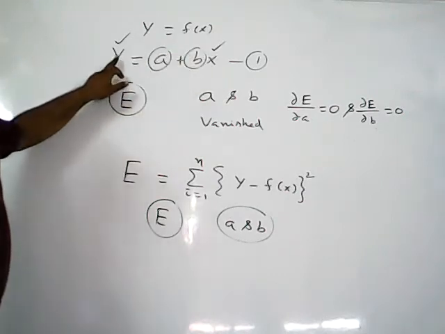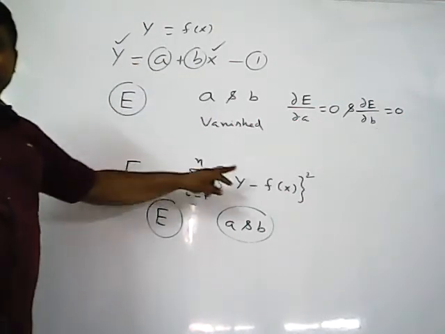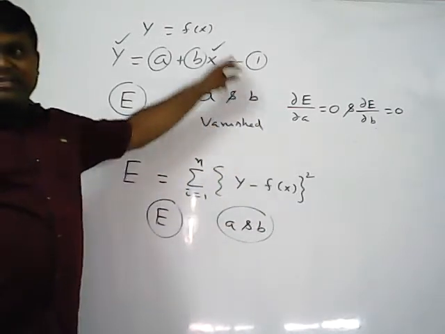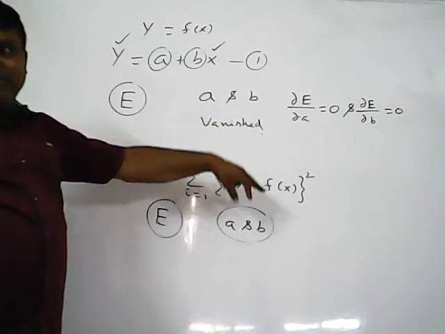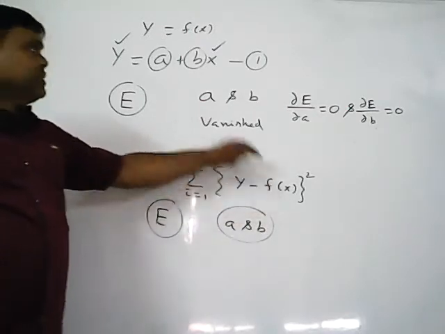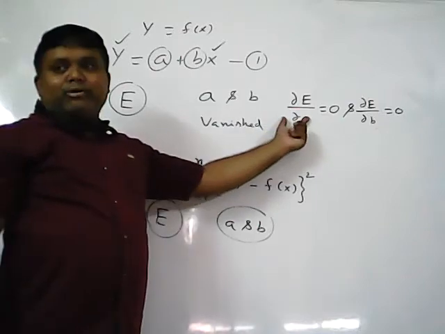Okay. So in this one, in place of y you have y. In place of f of x, what do you have to substitute? A plus bx for a straight line. If it is a straight line, you will substitute a plus bx. If it is a second degree, you will substitute that form only. Here, f of x, what is the form of a second degree parabola? That you have to substitute here. Okay. So first I will take dou E by dou A equal to 0.